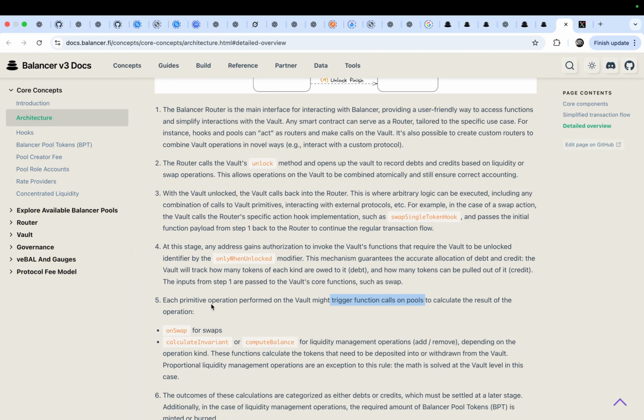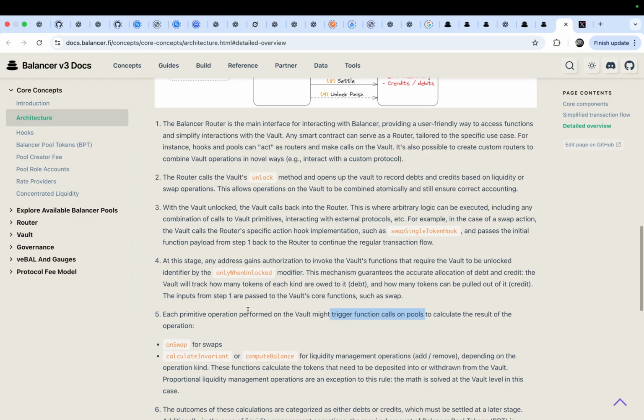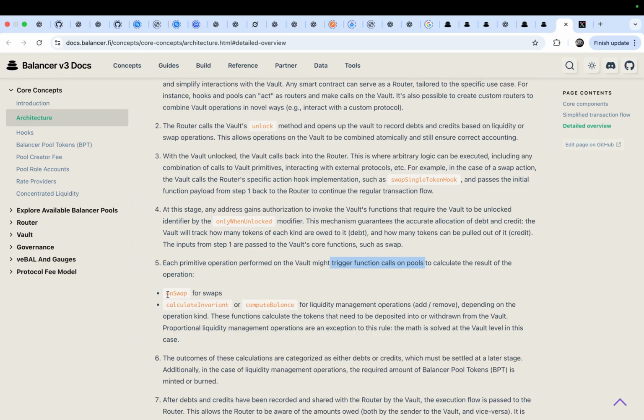This kind of operation will trigger function calls on pools, like on swap, and compute invariant or compute balance for the liquidity management operations depending on the operation kind.